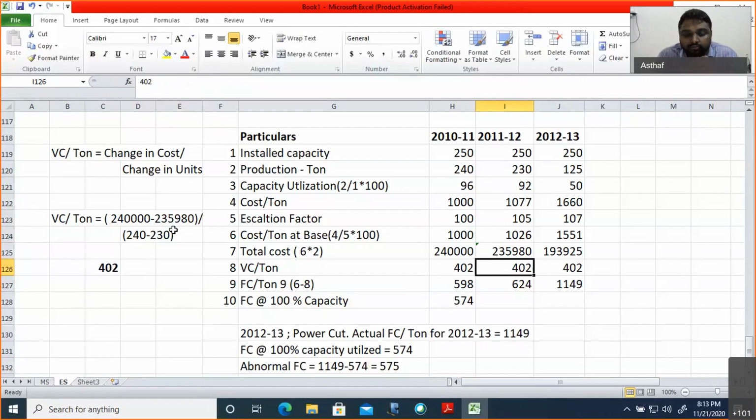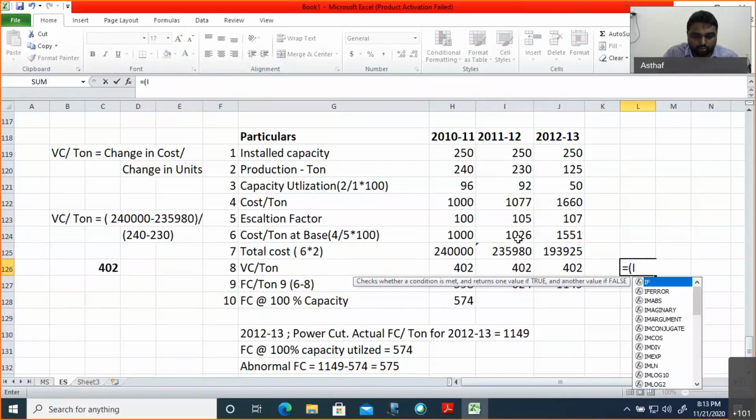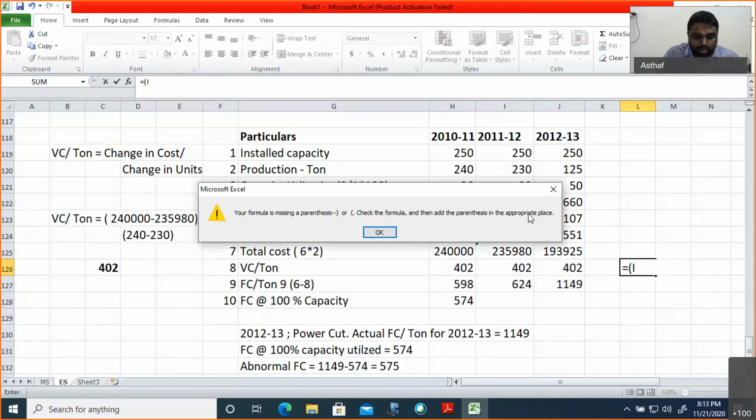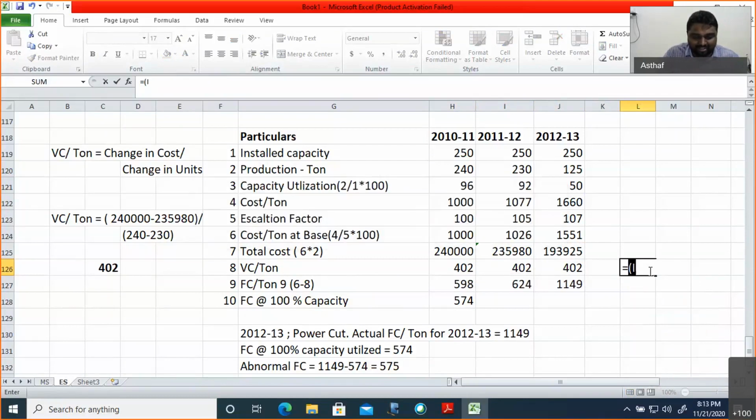Last question, fixed cost, you will get it. See, if you approach here also, you will get the same answer. Because of the round off, there will be a small number change. I will show you. If you take this difference, you will get the same number. Look, listen here. If you make this,